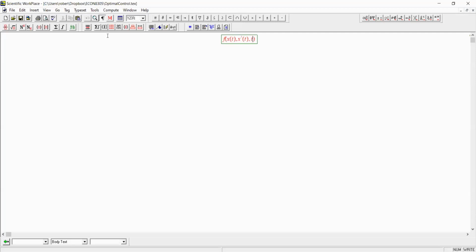And third, it may depend on time itself. So this is the instantaneous return, profit, utility that our agents earn, and they are going to maximize this by controlling this state variable